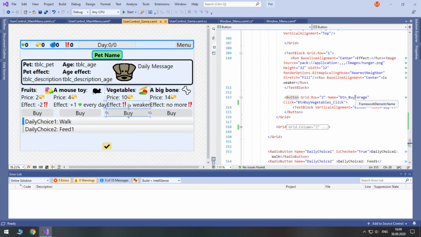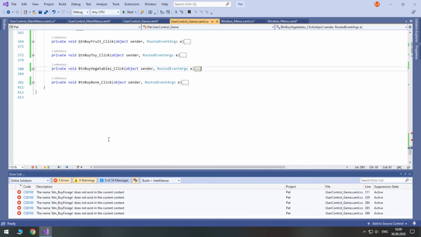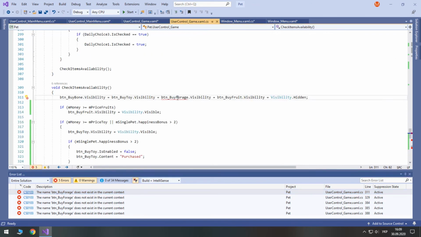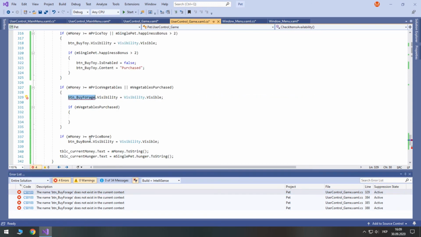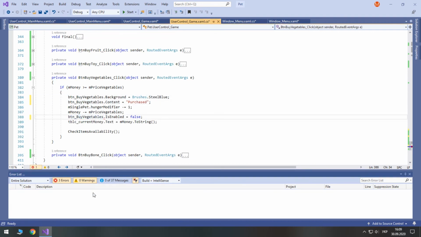So button buy vegetables. Okay, and we need to change the names here, here, here, here.